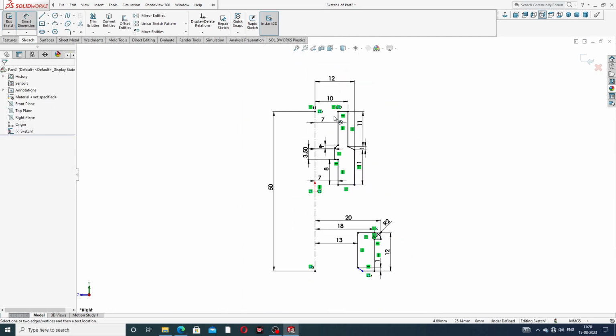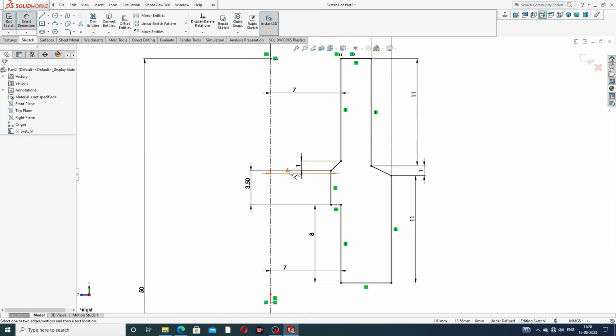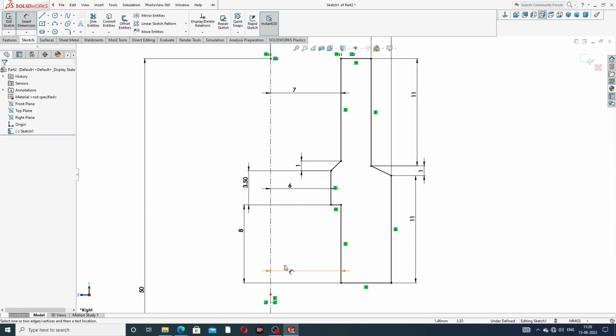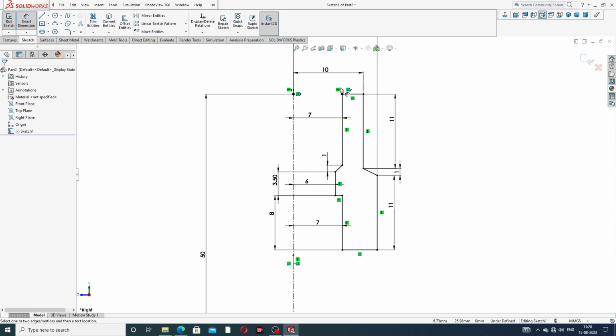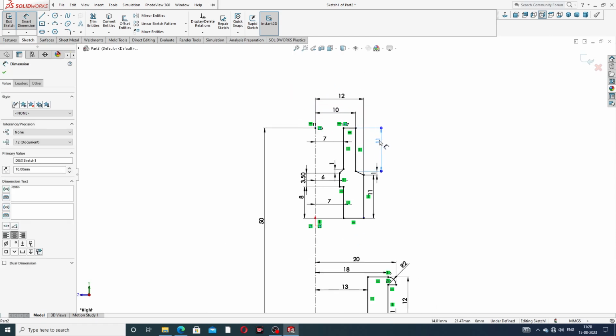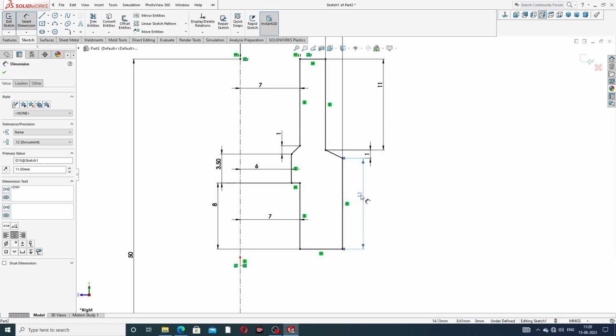Okay, okay, all is perfect. And this 7 millimeter and 1 millimeter is this. Okay, all is perfect and correct, and this also this. Okay,